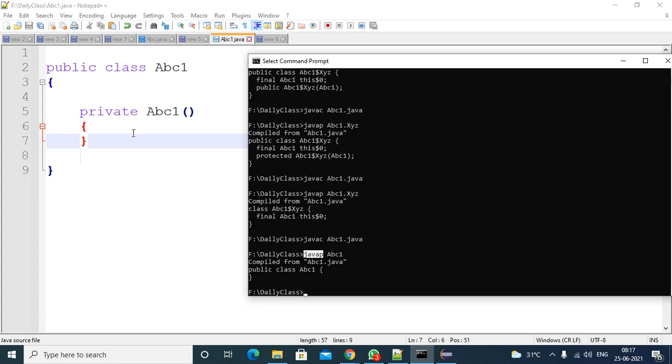So why do we write a private constructor? If you don't give permission to outsiders to create the object, then you can apply a private constructor. Exactly the same situation. The private constructor is there, and it is unable to be accessed by javap. That means this set of programs is unable to access this access level. That's why it is not displaying the content. Okay, no problem.